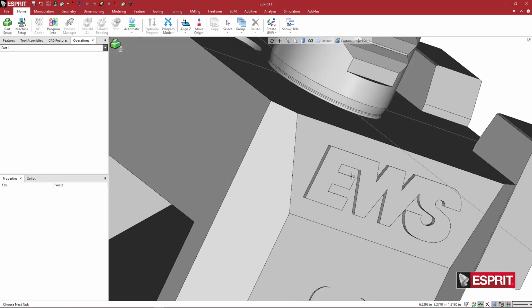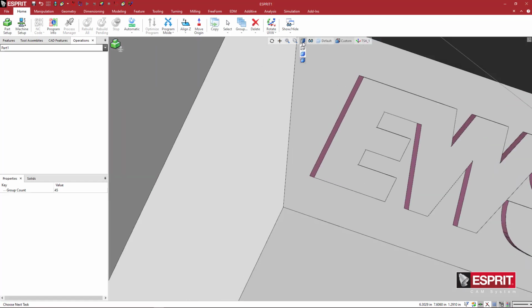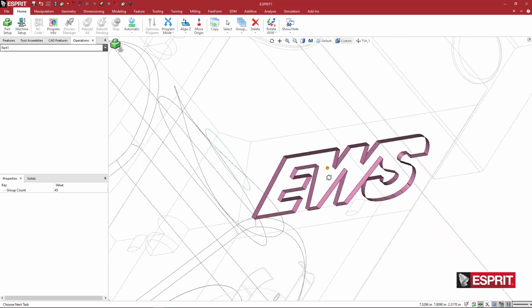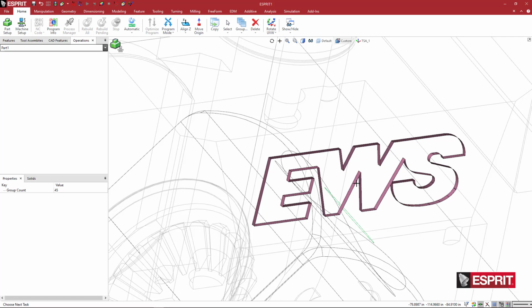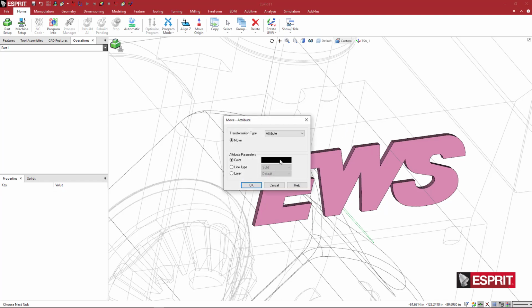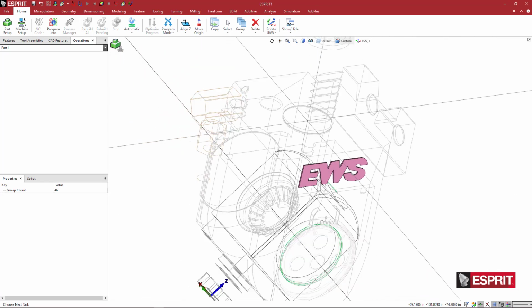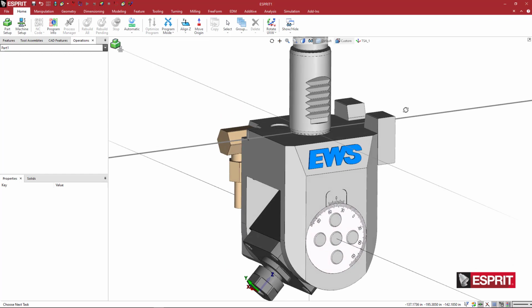Because I've done some of these before, I might also use that Shift to grab the outside ribbon of this entire logo. You can see how quickly we can grab all of those outside solid faces, and again, holding Control, I pick the top face to add it to that, and then again right click, come to copy, attribute, and I use that blue for EWS, and I'll go back to a shaded view, and now we can see what this holder is going to look like when I load it into